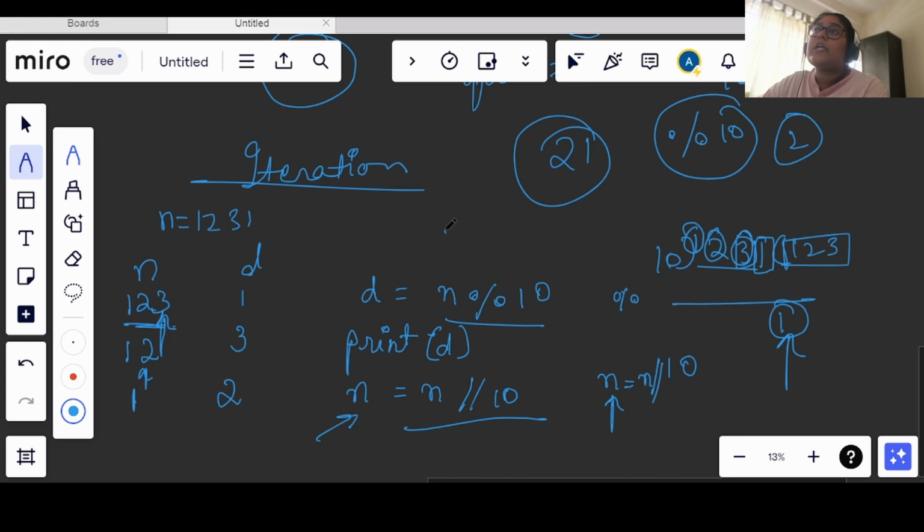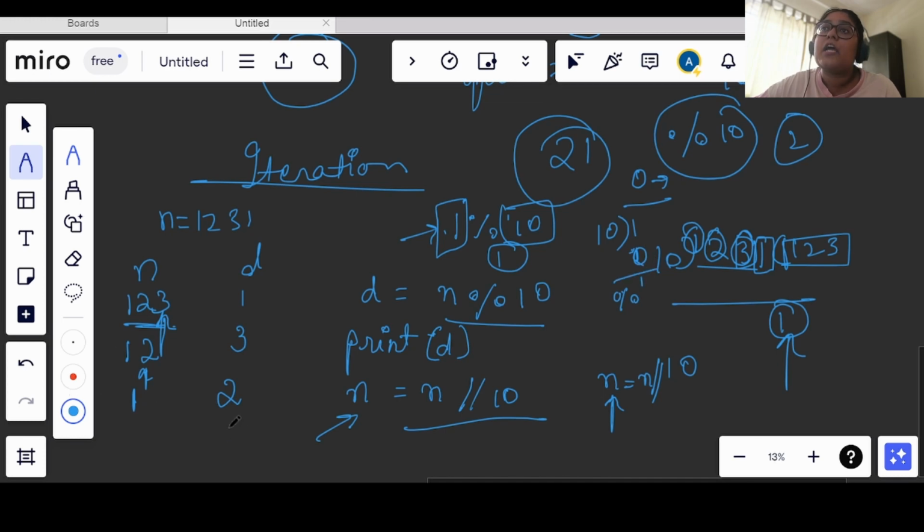Now if I do 1 mod 10, I will get 1 only, because if the dividend is less than the divisor, then in the remainder we get this number only. We can think of it as multiplying the divisor by 0, so the quotient becomes 0 and we get 1 here.